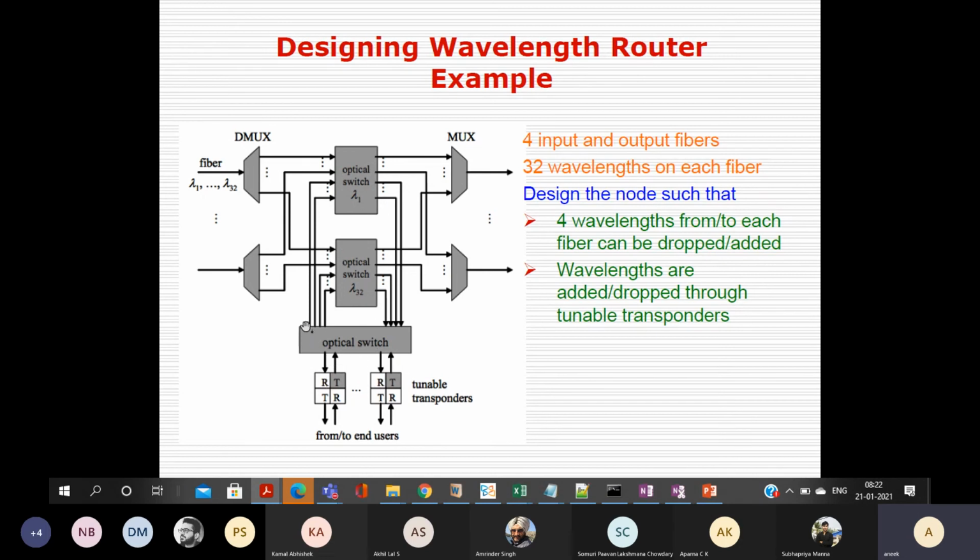So even though you may have many paths over here, and let's say you have some transponders over here, you can configure the optical switch and send your signal from the input side to the output side. So this is not a fixed connection. To enable reconfigurability, we use an optical switch. It is a switch which works in the optical domain.